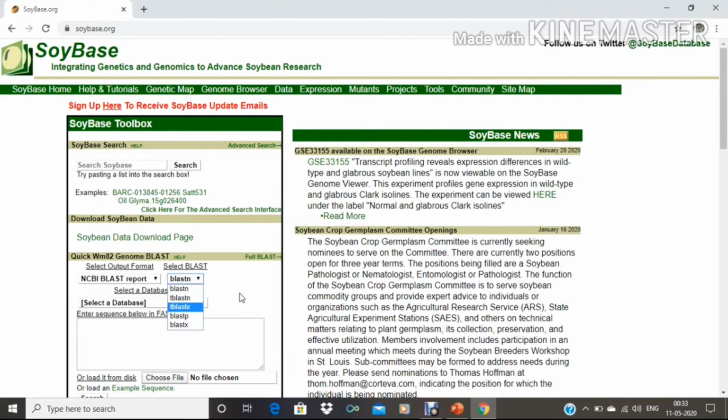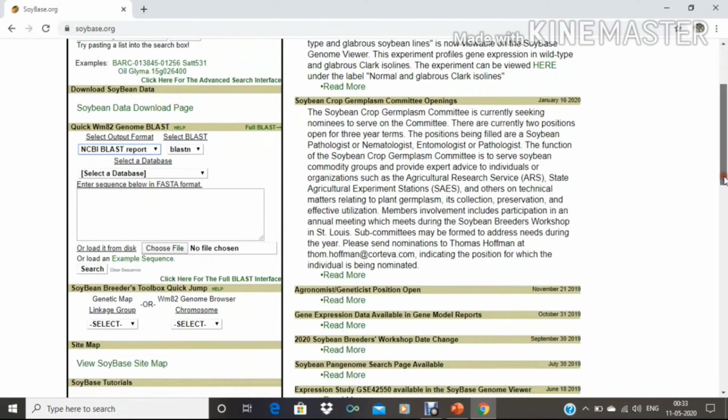We can also change the BLAST format, that is the NCBI BLAST report and the whole genome view. This whole genome view represents the total picture of all the 20 chromosome sequences. Then we will search here.